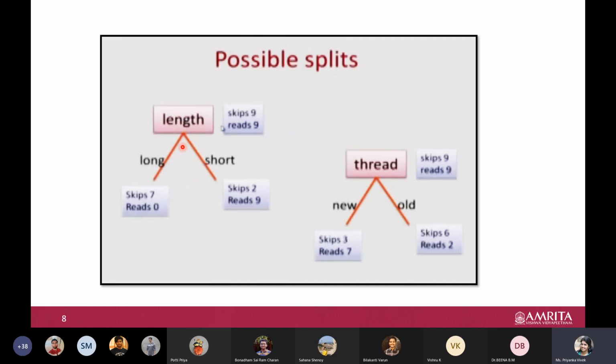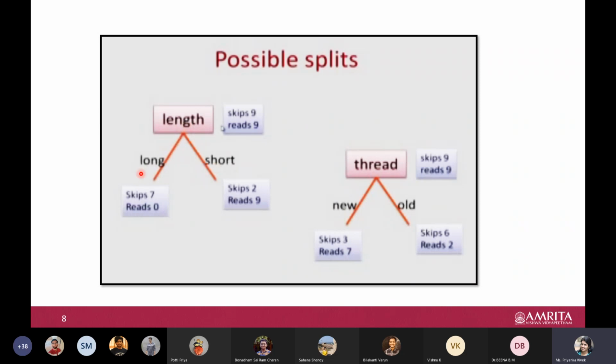So let us think if it is the length attribute. Okay, so the attribute length we are trying to split. Assume that we have 18 instances in our data set, and we have 9 skips and 9 reads. If this is the case, and length is an attribute which can take two values, long and short.